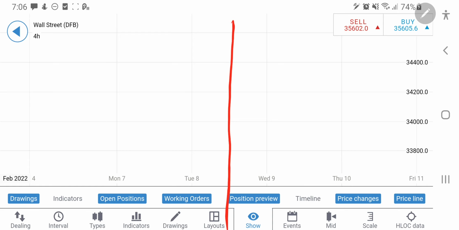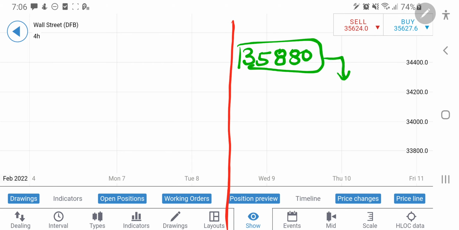So I think the data is not so good. 200 points have been shed in almost 5-10 minutes. And now let me give you the levels to trade for. Any long entry, 35,880 is the level. Once it breaks 35,880, you can go long. You can expect